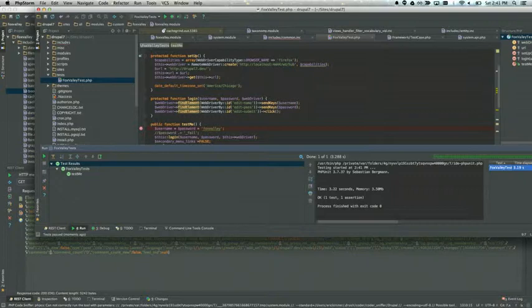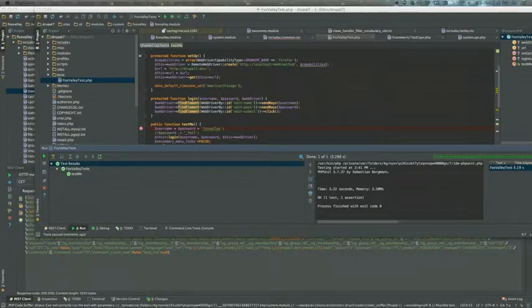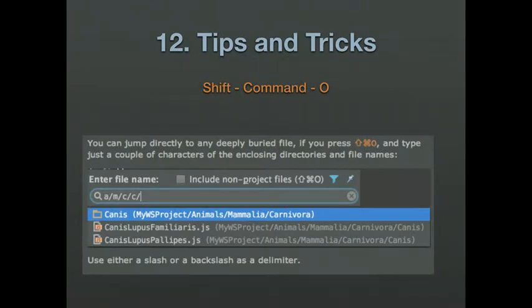All right, so that, sorry, that went really long. So finally, in the last, just some tips and tricks. Some of my favorite commands that I used. Shift Command O takes you to any file buried deep within your project. You could do shortcuts to get the path. You could use camel case. So if you did a search for like ST, you'll get a SimpleTest class.